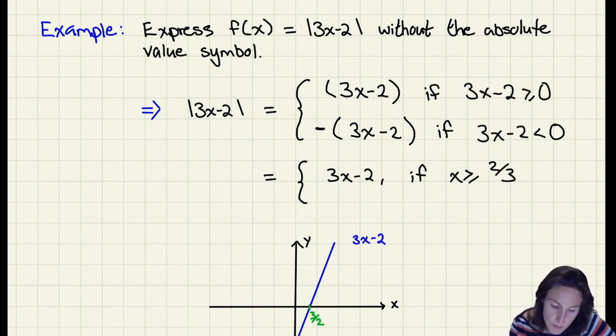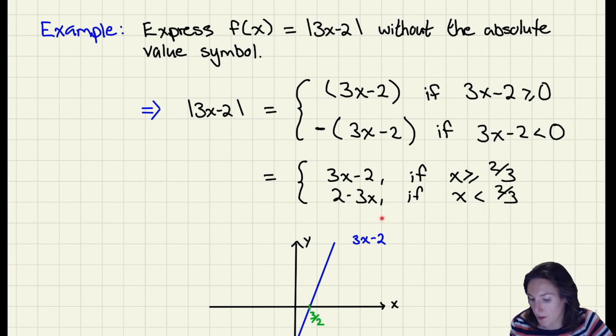But for the negative portion, I can write this as 2 minus 3x, and we're going to get that expression if our x is less than 2 over 3. Okay, so if you can jump straight to here, that's totally fine, but the in-between step on how to get from this expression, the absolute value, to writing it as a piecewise function, this is what we do. We look at the stuff inside the absolute value when it's positive, take the plus case, and then look at it when it's negative and take the minus